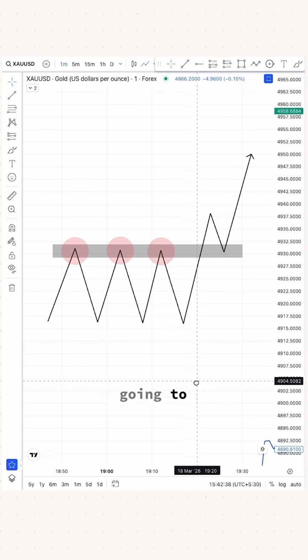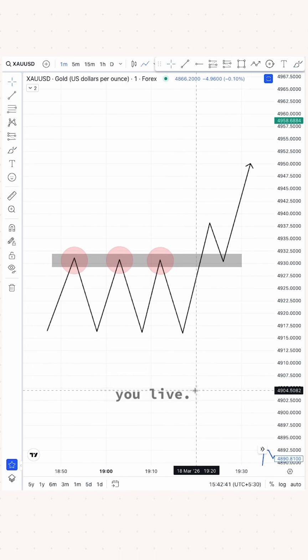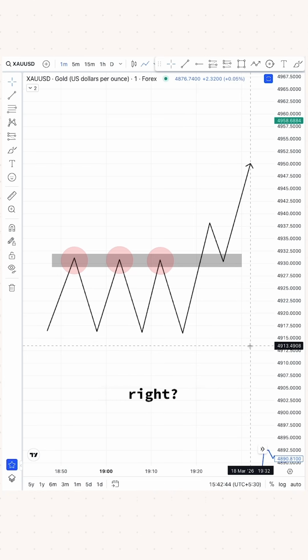So this time I'm not going to show you on bar replay. I will do this with you live. So you just need to find this pattern on the chart, right? Anybody can remember this easily. Now I will make it even easier for you.